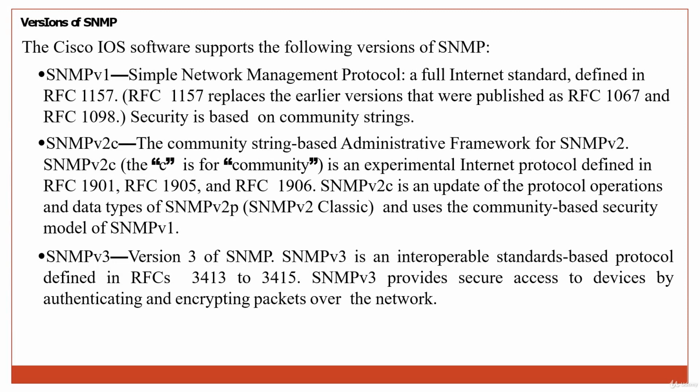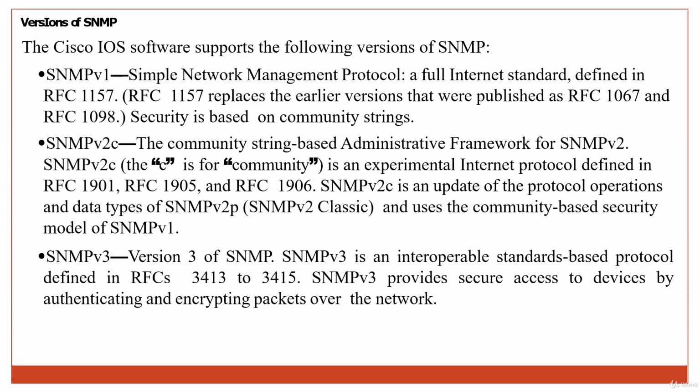Okay, now we have three versions. We have version 1, 2C and version 3. SNMP version 1 and 2C are very much community based. So obviously they are doing the community based authentication. The method of authentication is the community string. Again, in the lab section, we'll see that we have the community string. Even we can put some sort of ACL for that, if you want to filter out the volume or number of requests, we can put inside the ACL. That we'll see in the lab section.